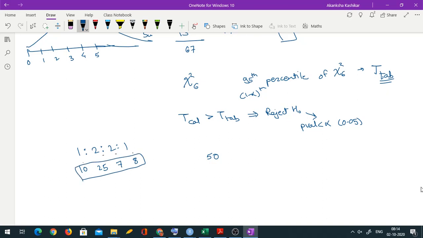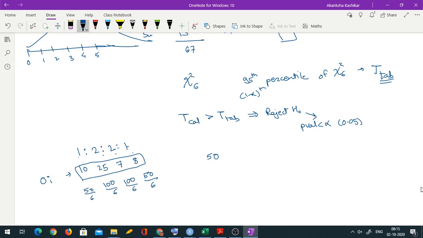So what you can do is, these are your observed frequencies of 4 types. Expected frequencies would be now 1 plus 2, 3, plus 2, 5, plus 1, 6. So you divide the total by 6. So 50 by 6 here, then twice of it. So 100 by 6, 100 by 6 and 50 by 6.